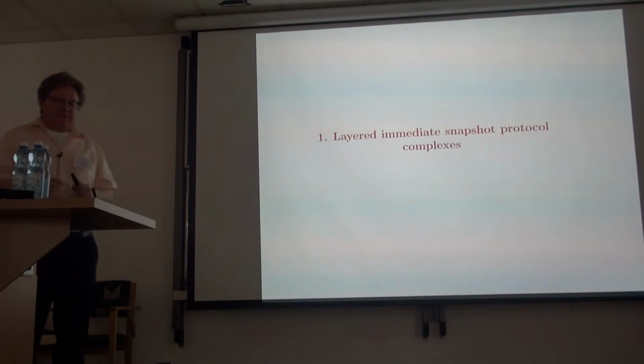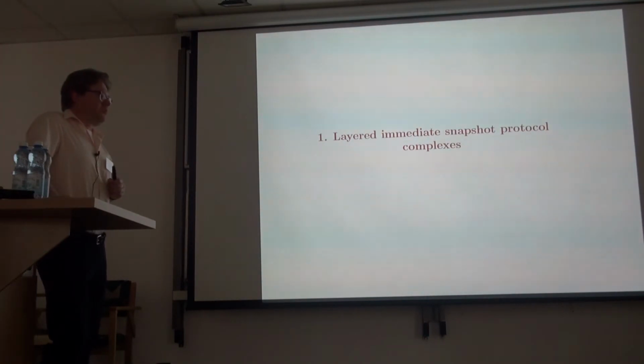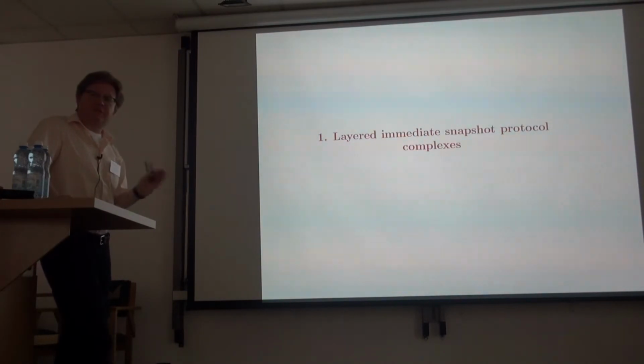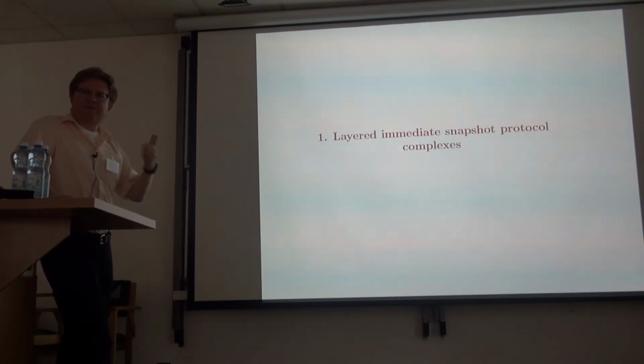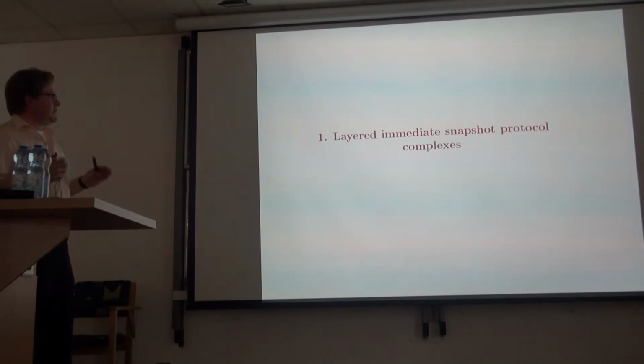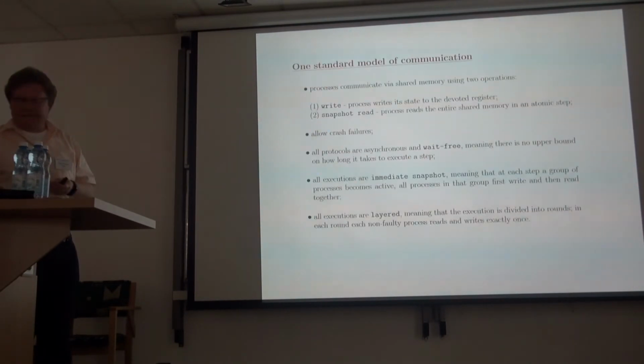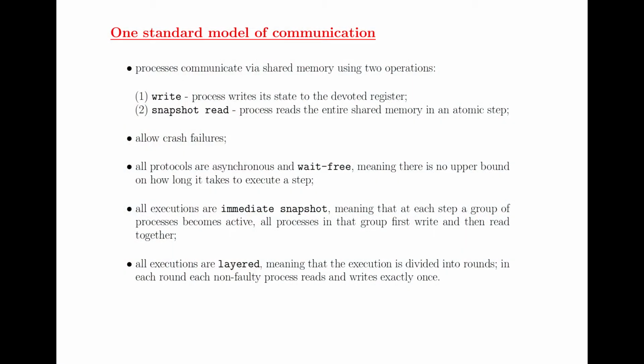Okay, so like I said in the beginning, there are many different models for communication systems. This is a complexity which a mathematician has to face if you try to work in this field, because there is not one, there are a lot of different models. Well, fortunately, there are also reduction theorems. So there is basically an equivalence class of models which have the same computational power. But just to give you an example of what these models look like, here's one example which is in our book called Layered Immediate Snapshot Protocol Model Complexes. You can see that there are a lot of things one can tweak, but that's the one most people use.